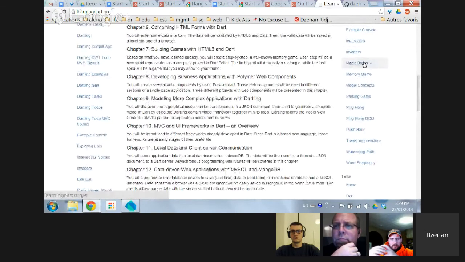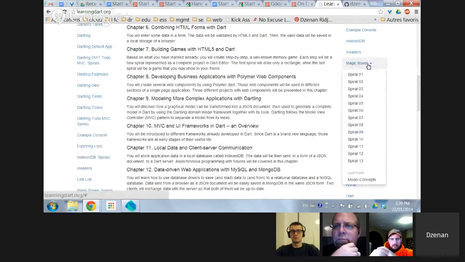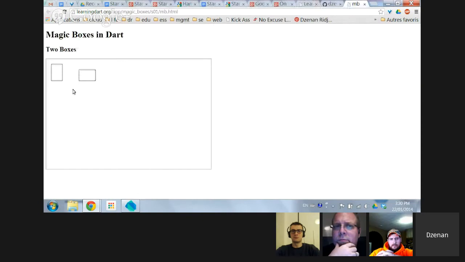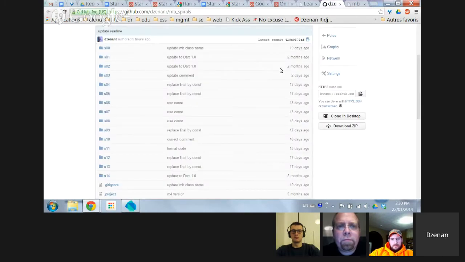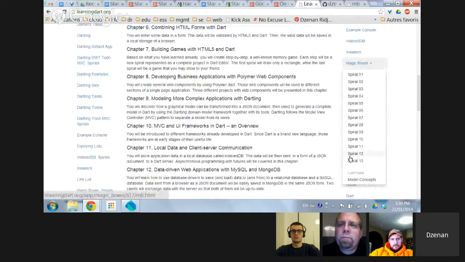So for example, here for Magic Boxes, if you click here, you will see that we have 13 spirals. So if we click on spiral 1, we will get here a small web application in JavaScript generated from Dart. So this is the result of our first spiral, to draw two rectangles, two boxes within this canvas here, and this is it. So the first spiral is relatively simple, but still there are many things to explain with the language, even for this simple output. If we look at the last spiral here, for let's say 13,